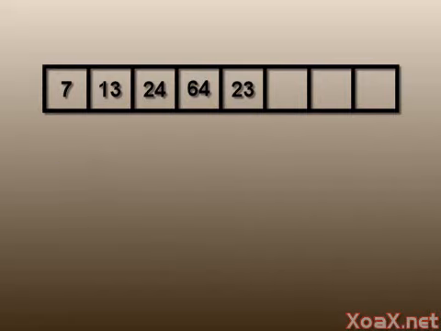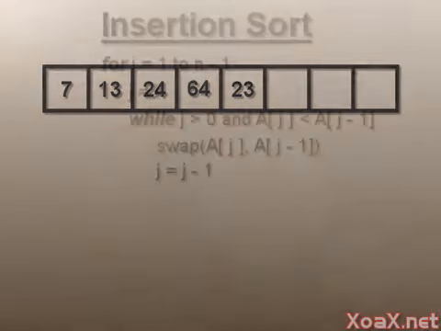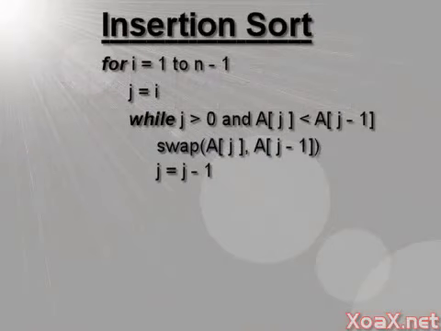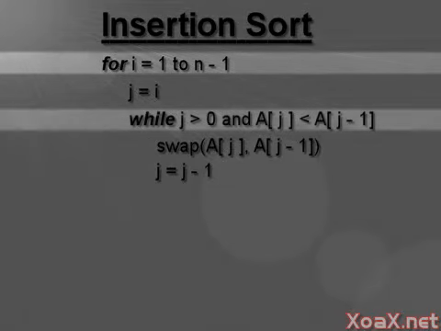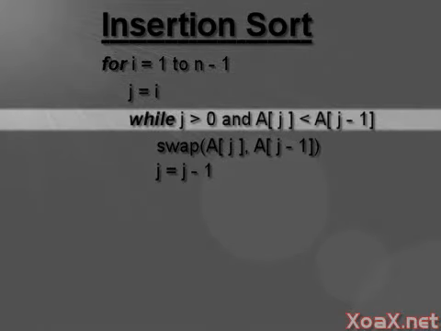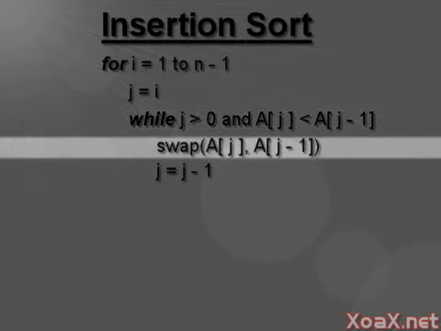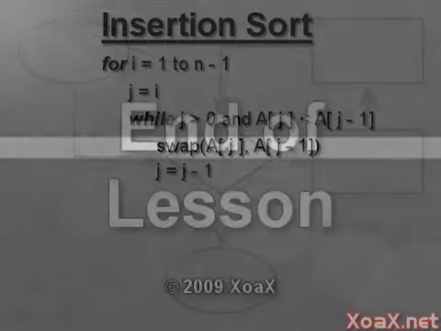We will give an analysis of the time complexity for insertion sort later. For now, we will just give the pseudocode for the algorithm. We begin with a for loop that loops over the index of the entry that is to be inserted. Then we run through a while loop that performs the insertion. The while loop swaps the inserted element with the one before it as long as it is less. This can